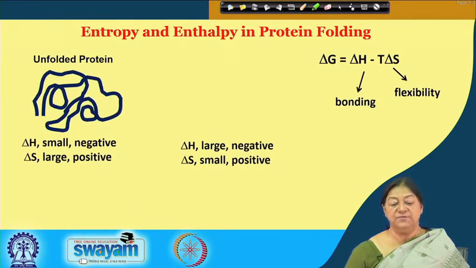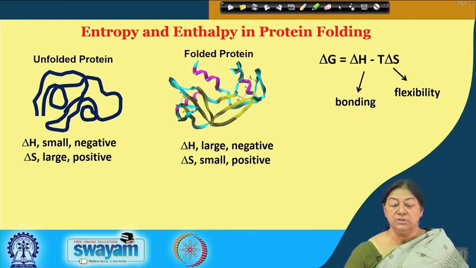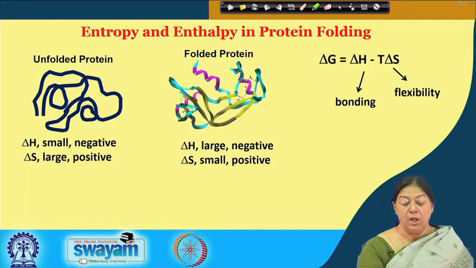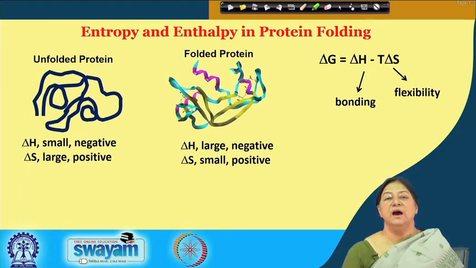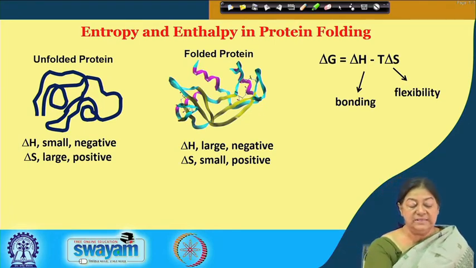Now, when we look at these different types of analysis, we try to understand what our protein looks like. So, we have a folded protein. We are looking at the enthalpic contribution and the entropy contribution. An unfolded protein has a large entropy factor. Why is this? It is because it is unfolded and does not have any order to it. We know that when we have disorder, the entropy is going to be high, which means that delta S is large and positive. In contrast, delta H is small and negative.